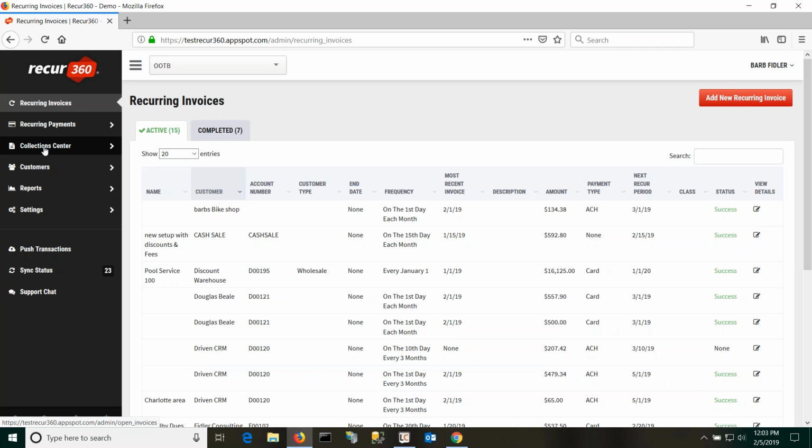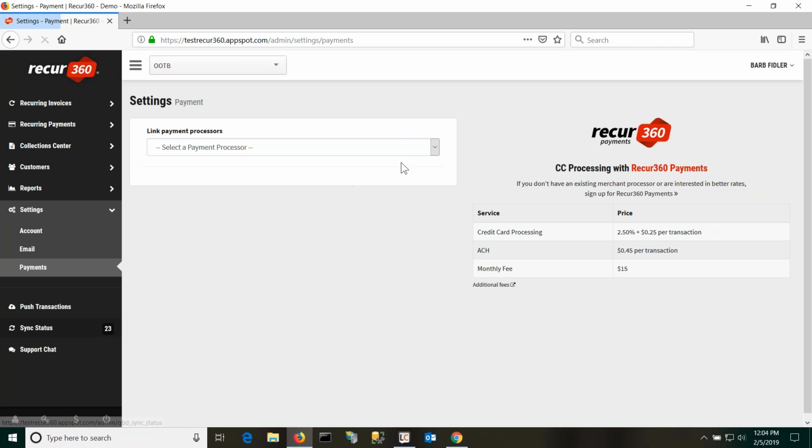A lot of it has revolved around improving some of our integrations with payment options and credit card processing options, and then some also user configurable settings that let you control how and when Recur360 is going to do things for you. So in talking about those payment options, if you go to settings and go to payments within Recur360,